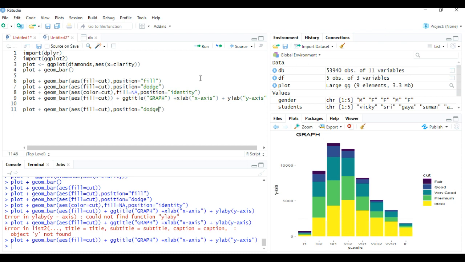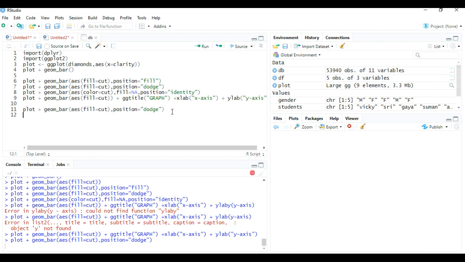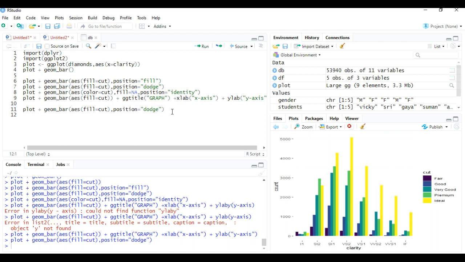Yes, now let's run this line and see what output we are getting. Yeah, as I got previously, I got output now.